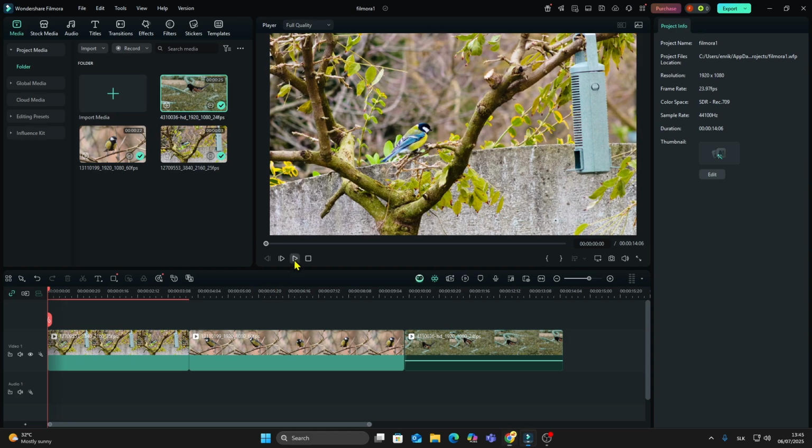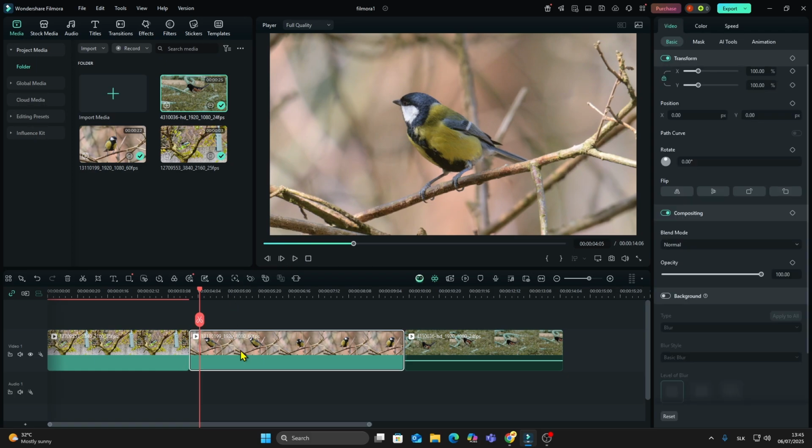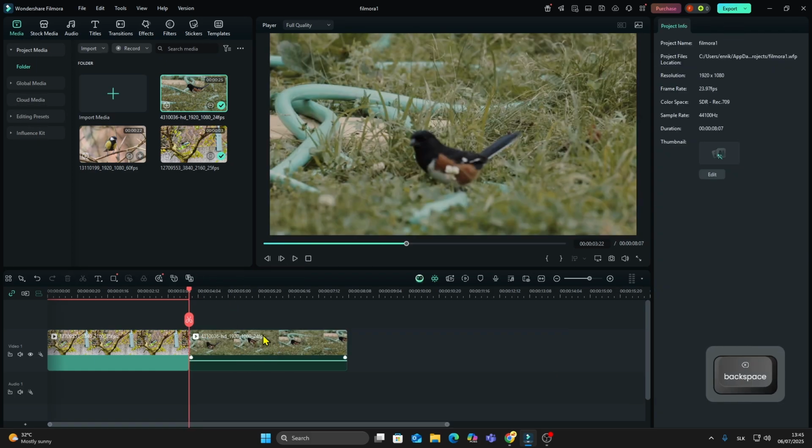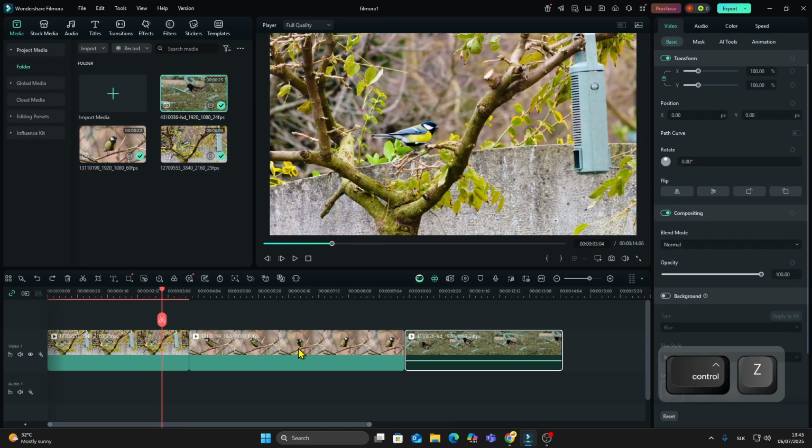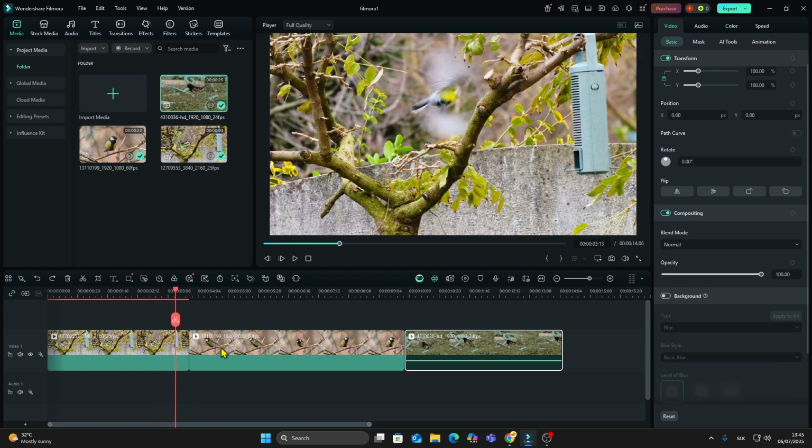In this video, I'll show you how to delete clips in Filmora without shifting everything on your timeline. In other words, how to delete without closing the gap. By default, when you press backspace to delete a clip, Filmora automatically moves the next clip over to fill the space. This is called auto ripple, and while it's helpful in many cases, sometimes you want to leave that gap